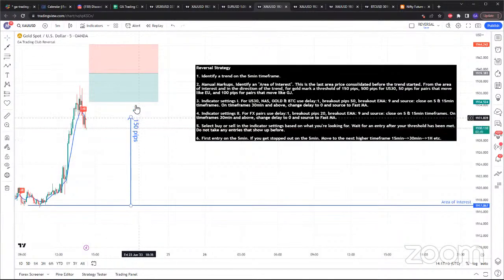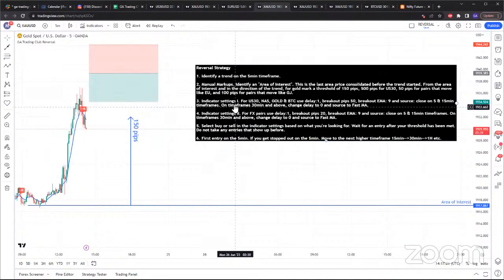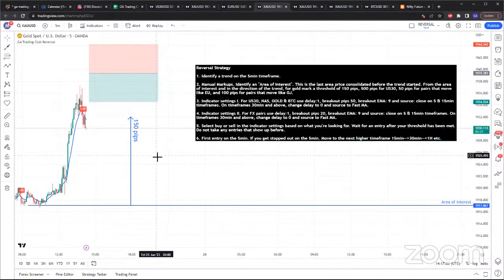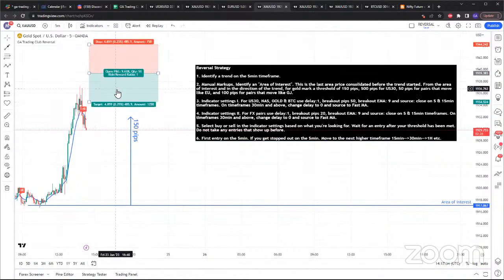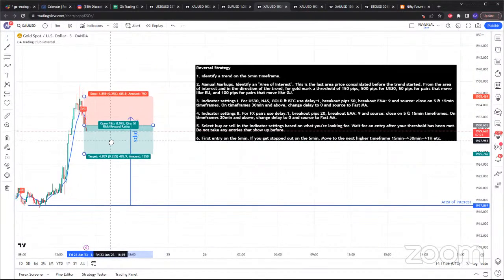So that's another thing. This is why we draw manual markups, and there's 2 types of settings, right? There's the manual markups that you draw manually, and then there's the settings within the indicator. So don't confuse the 2. I have literally lined them up for you. What is a manual markup? What is an indicator setting? So here on gold, this would be the sell on gold.